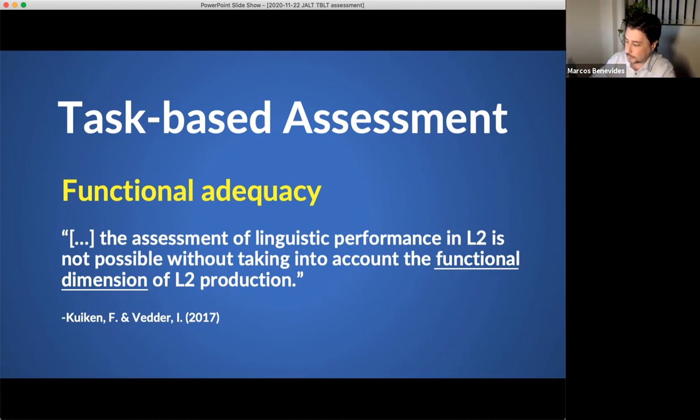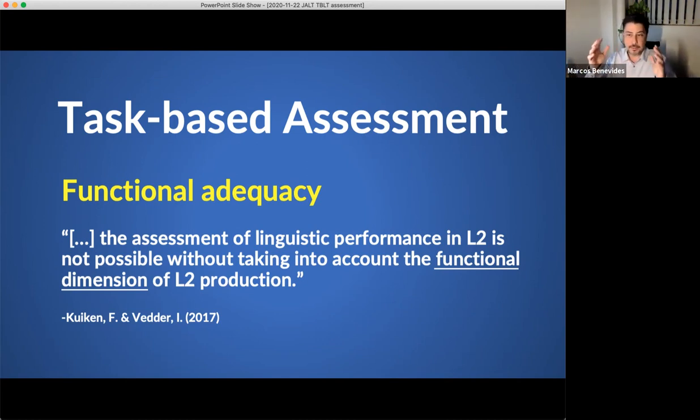They also presented the plenary at the task-based learning conference last year, again on functional adequacy. The idea being that the first important point that needs to be taken into account is this functional dimension of tasks, of L2 production.